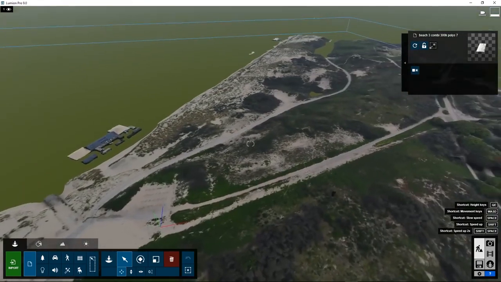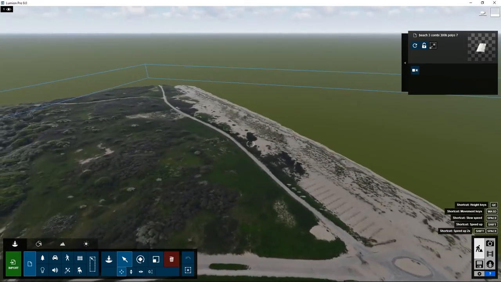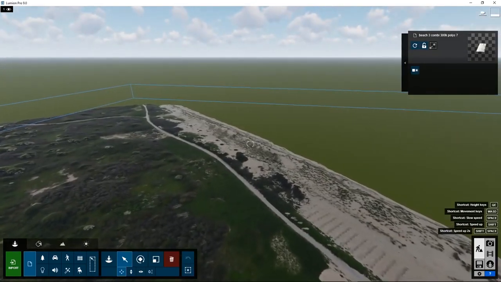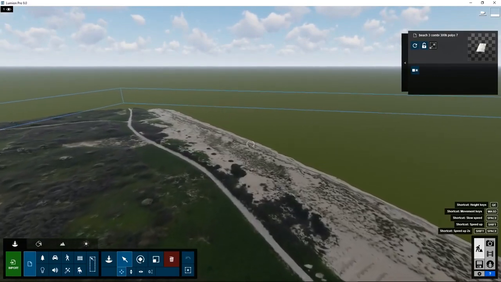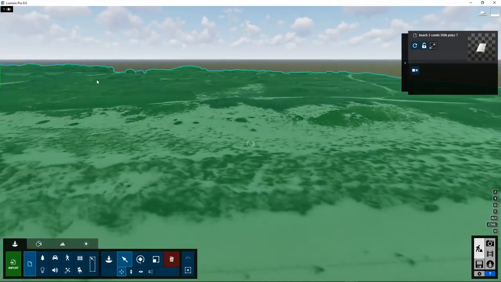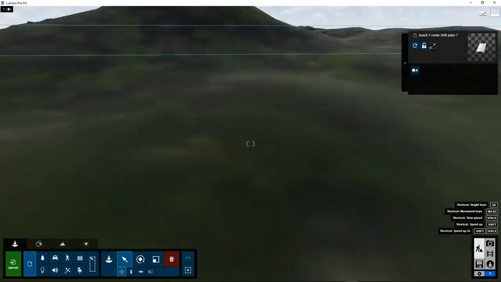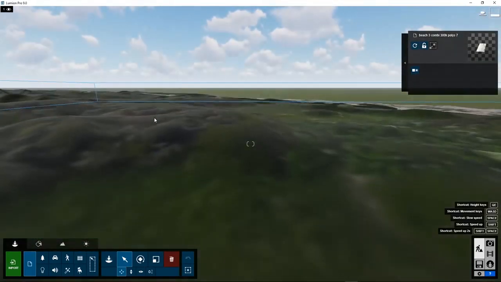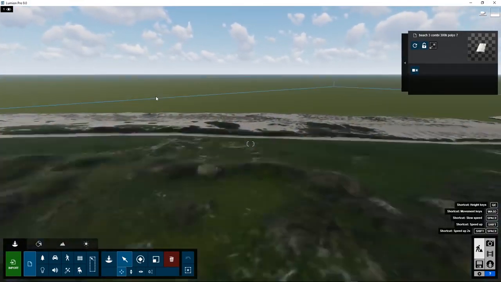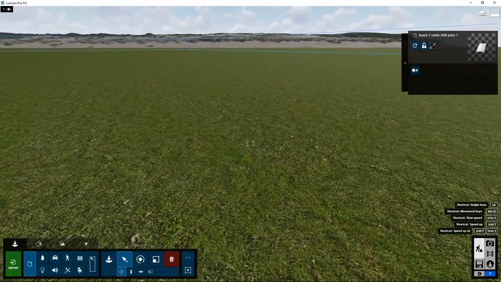For large areas, there's a quick way of moving to another part of it instead of flying with the W key. With the Shift key, it goes a bit faster. Shift and the space key goes even faster, but you can also double right-click, and you zap to that particular point straight away. So we go up, now we double-click over here, and we zap to that point. Go up again,